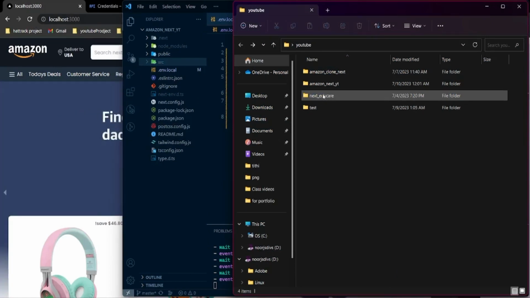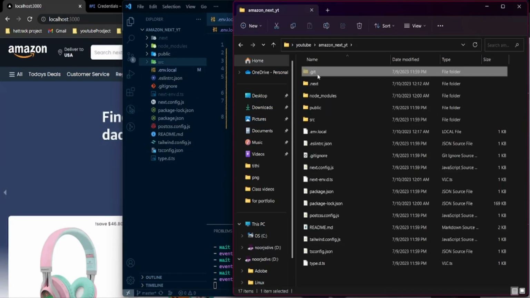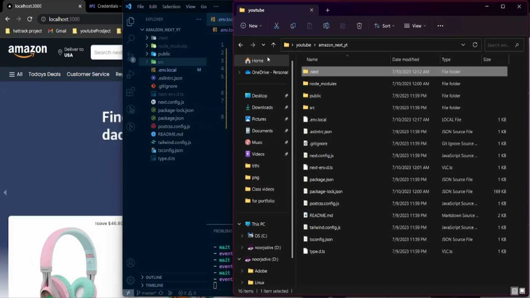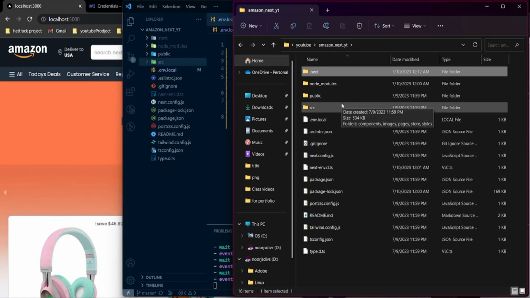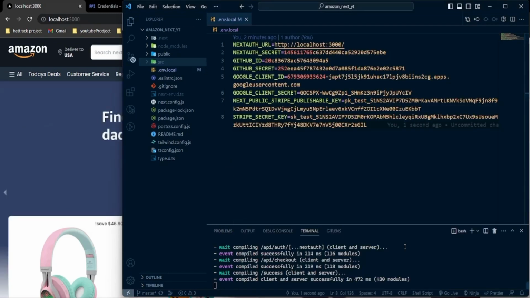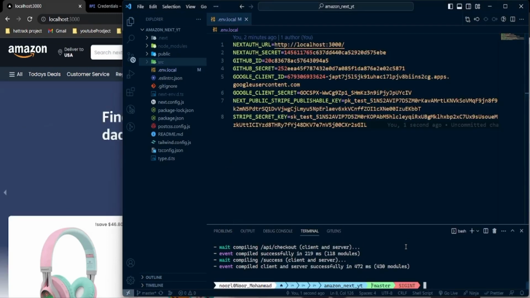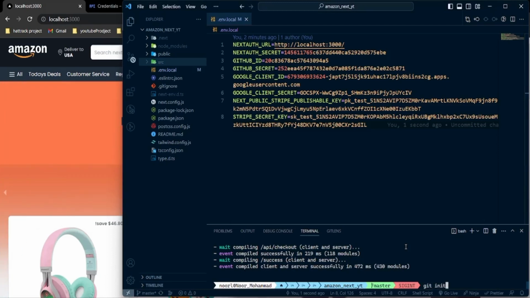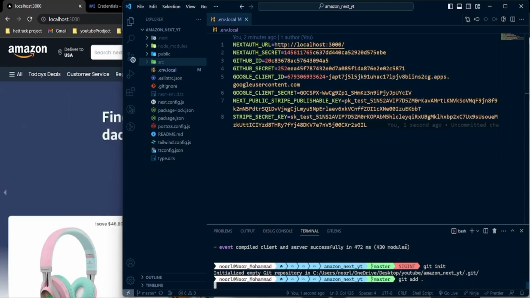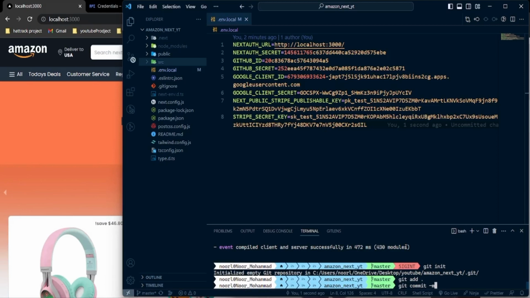So you just go inside that folder, next Amazon YT, and delete that .git folder, or you can Google how to remove the .git folder from your application. I think it's rm -rf .git, and it will remove that also. So now we have removed the Git. First of all, let's close our application. Now I'm going to run git init, initializing a new Git here. Now git add, I'm going to add all the files from here. And now git commit, which will be our